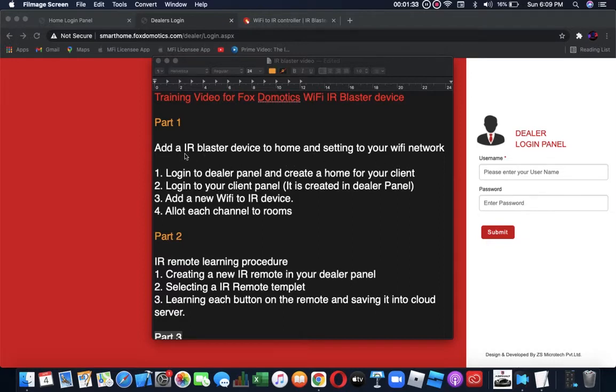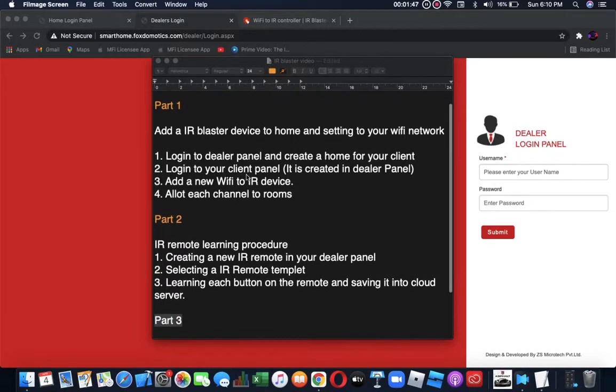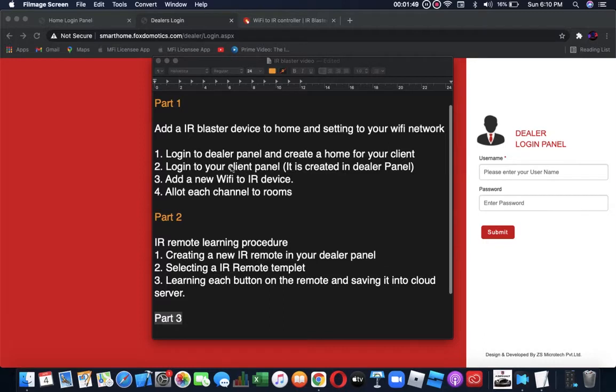Since this is a Wi-Fi IR Blaster, we need to set it to your existing Wi-Fi network to actually control and send and receive the commands. In this first part we log in to the dealer panel and create a home for your client. All this was covered in your last video as well, but we'll do a small part here. For more detail you can view part 1 of the video.